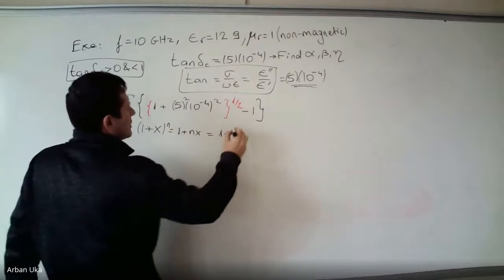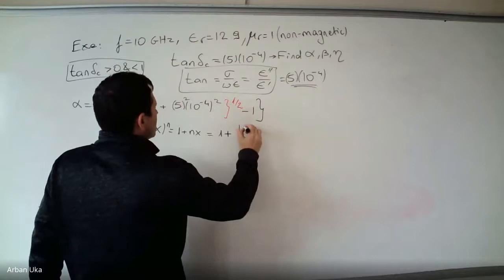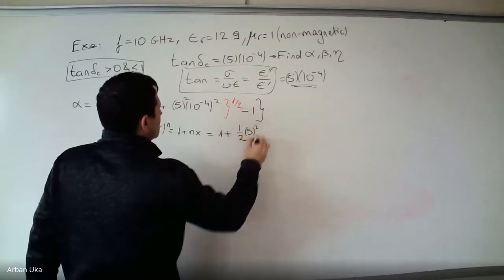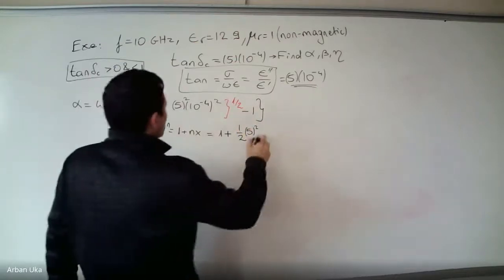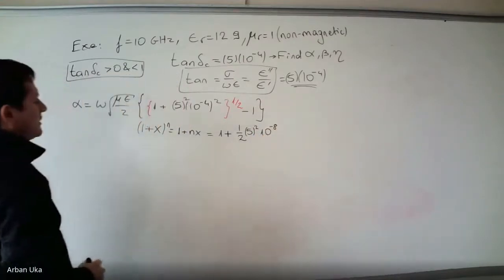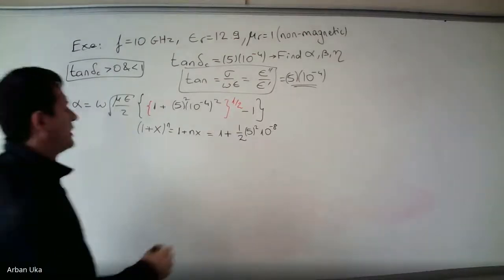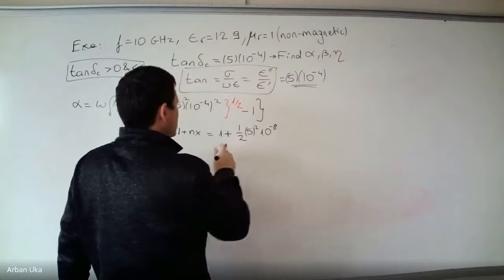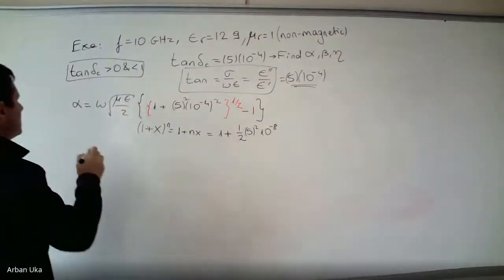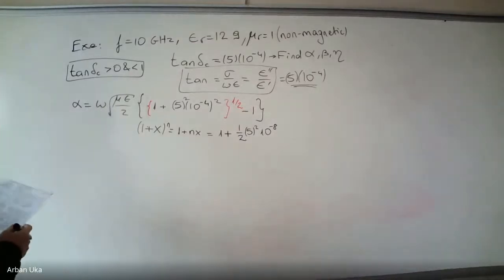plus 1 over 2 times 5 squared times 10 to the power minus 8. And we do minus 1, so we subtract 1, and then in the final answer, this is going to be some very small number. So we are going to get